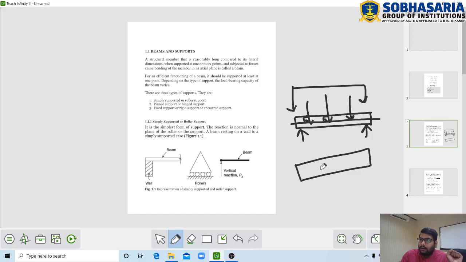Practically, take some examples, like in a residential house, the walls, the main walls, the primary walls, the secondary walls or the partition walls, you will see they usually rest on the beam. It means the wall will be constructed on top of the beam. So what will the beam do? The beam again transfers these forces, these loadings, to the column. The column will be here, down, this column.